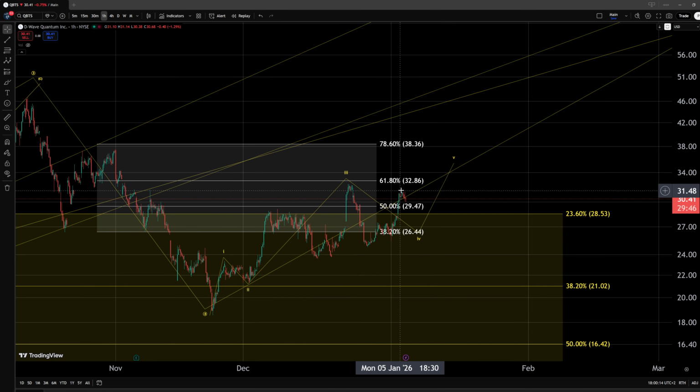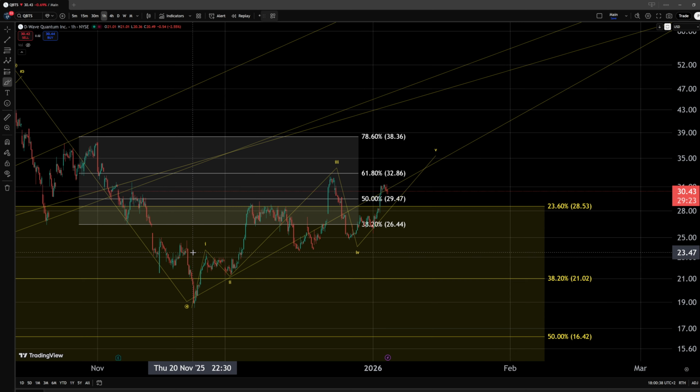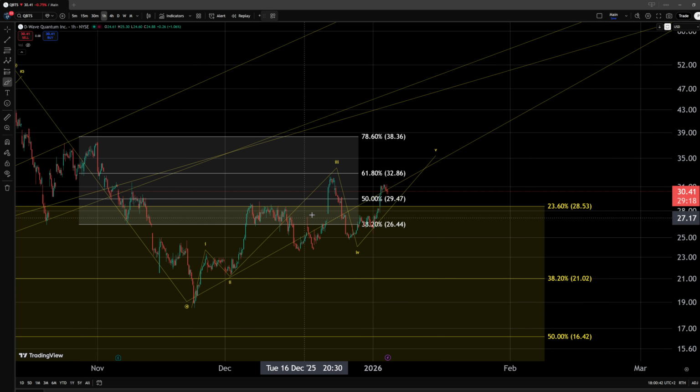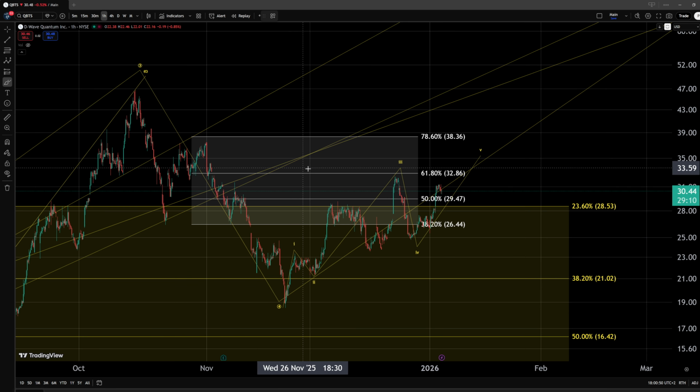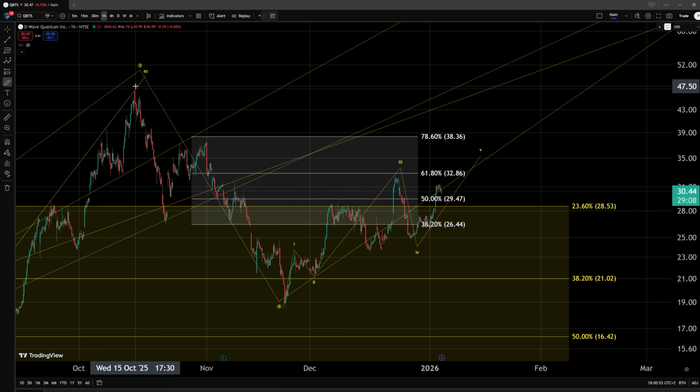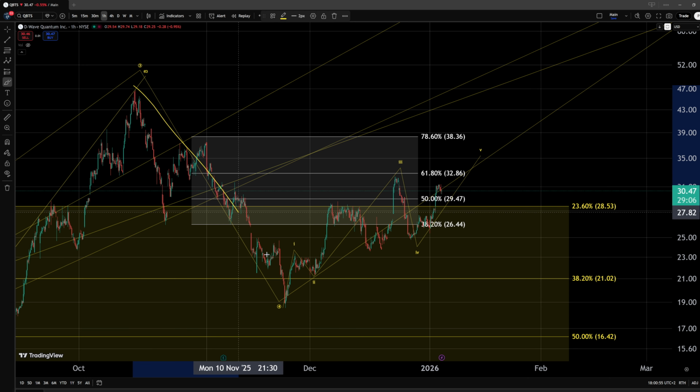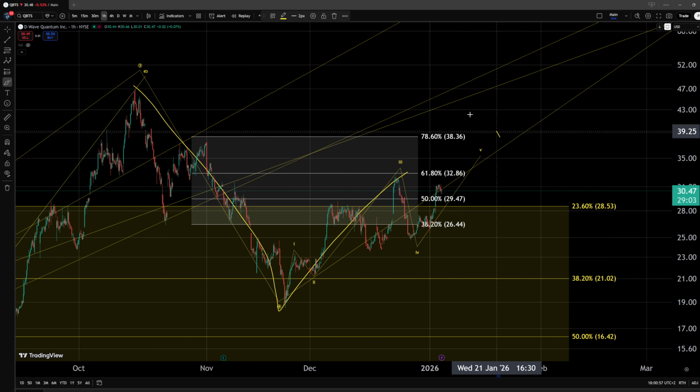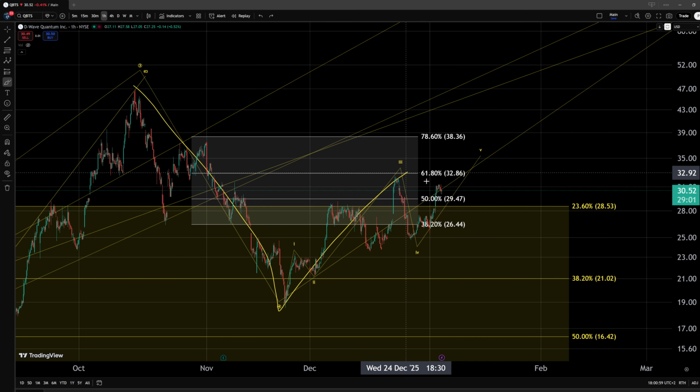Now, unfortunately, since this entire structure is so choppy, there are a very wide range of scenarios that are applicable to this movement to the upside, and in the end we won't be able to get a better idea until we actually build a more significant portion of this overall structure, and in the end we may discover that we are actually in something along the white scenario interpretation, where this could be a larger wave A, we could have a wave B correction into the area of resistance, and then a wave C to the